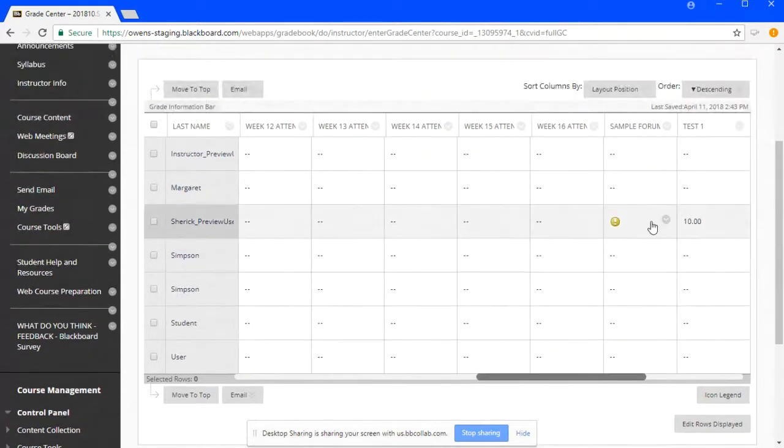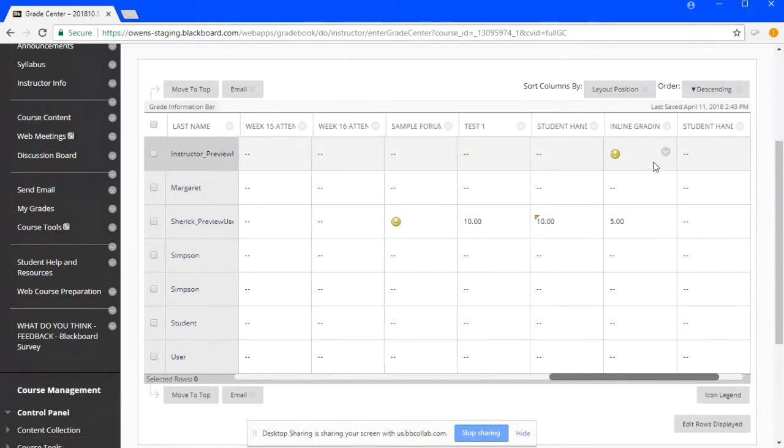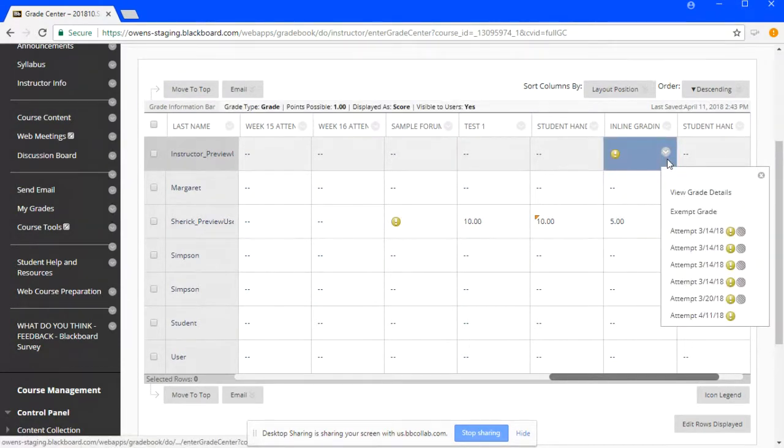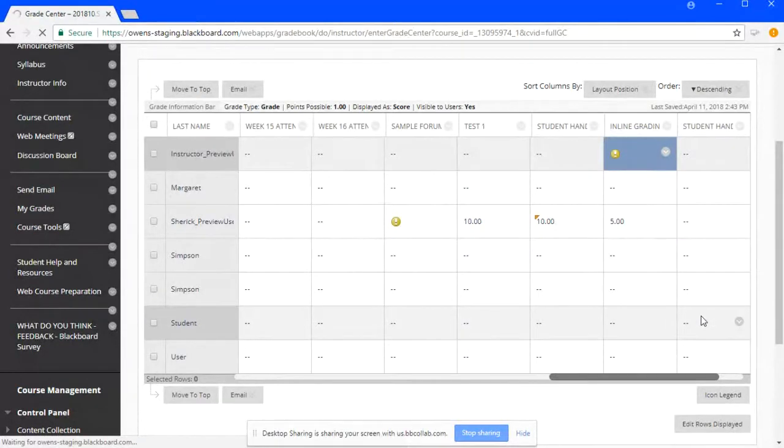Now, as you can tell here, there's one particular assignment, the circle with the yellow background and the exclamation point. These icons for our Grade Center have not changed. They still do indicate for us as instructors that there are assignments that need manual grading. This is a picture or an assignment that needs manual grading, so I will look at this assignment by clicking the chevron or the gray circle with the V and going down to look at the attempt submitted by this student.